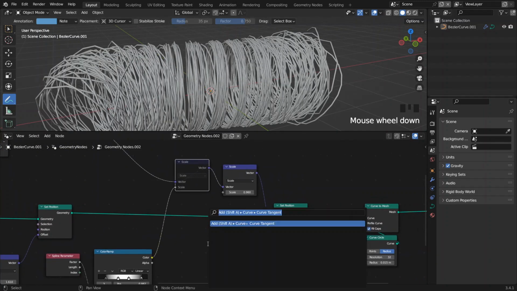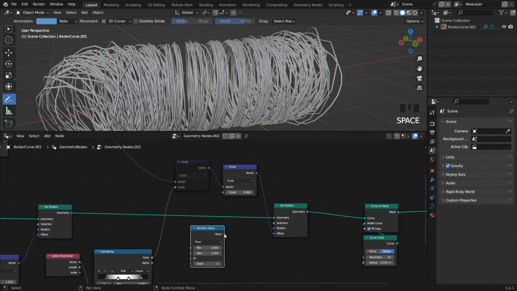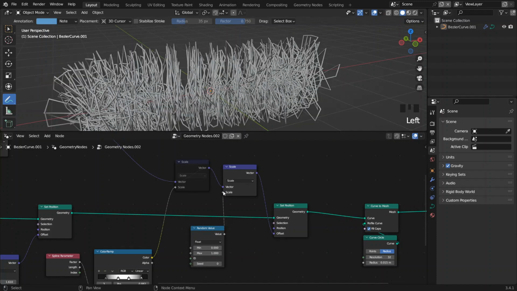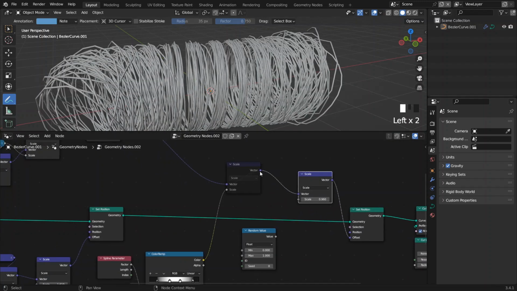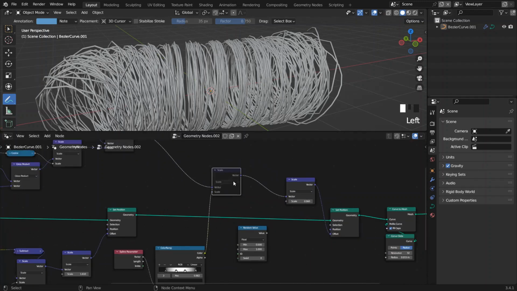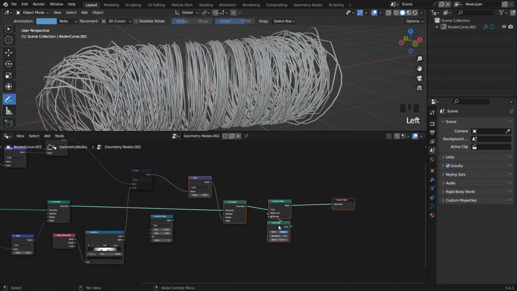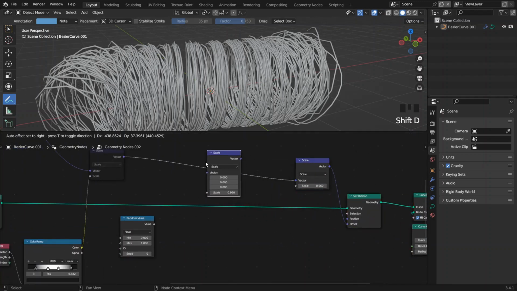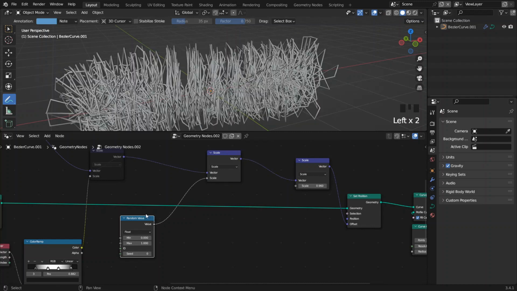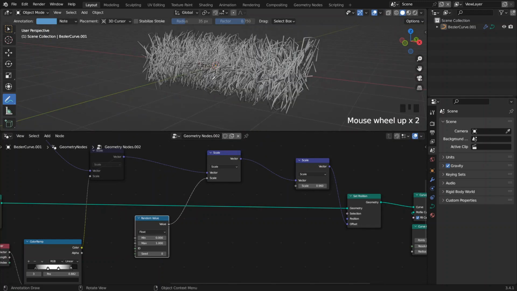So I can use a random value. I can plug this directly into this scale, but I want to have my global scale in here, so I use another scale and plug this to here. Okay, this shape,